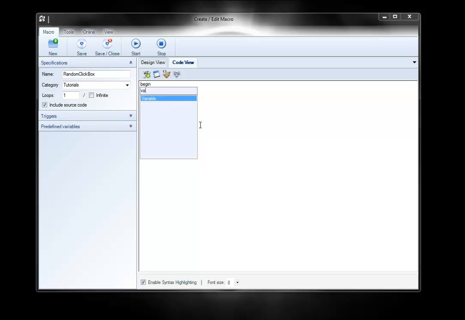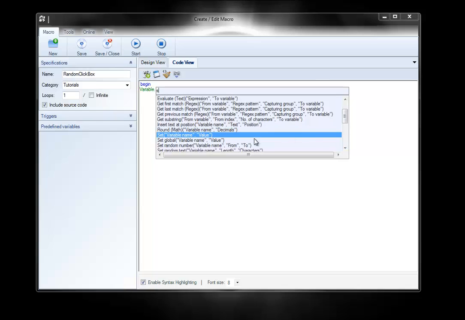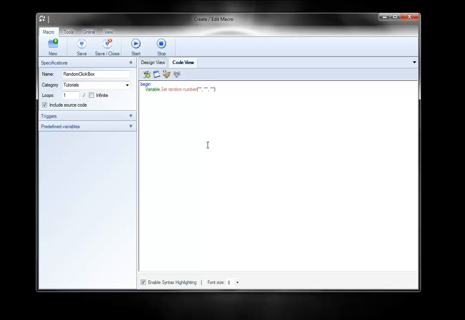So I'm going to type in variable, and then I want to set a random variable. Even though these are going to be the XY coordinates, so when I name it, I'm going to name this one X for the X coordinate, but I don't want it randomly across the entire screen, so I'm going to show you how to set it up so that it's in a specific area. So this one is going to be for my Y coordinate,